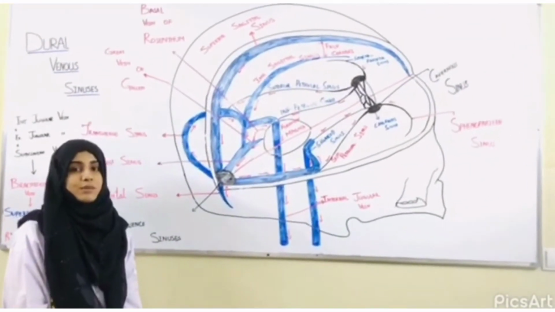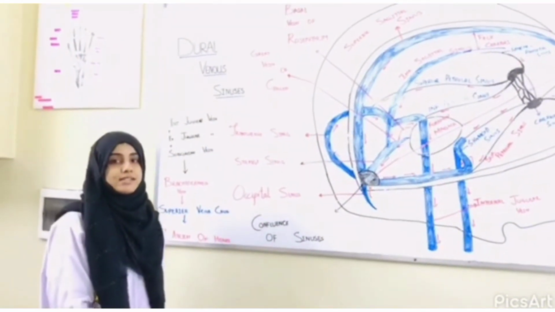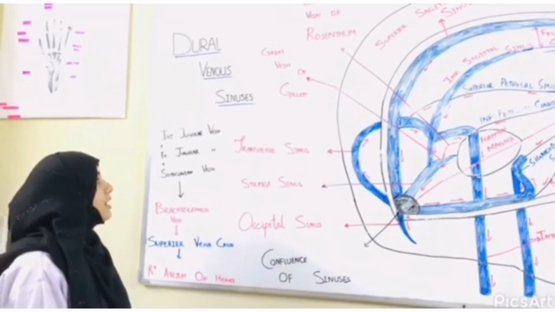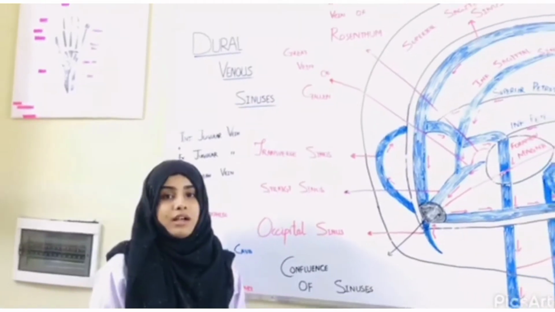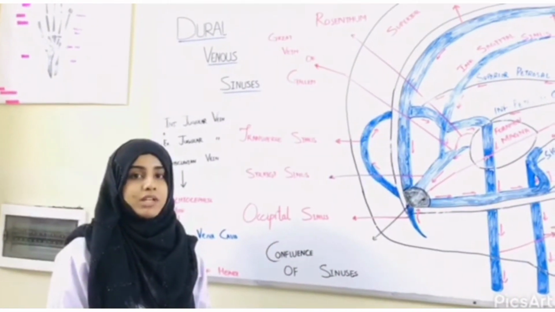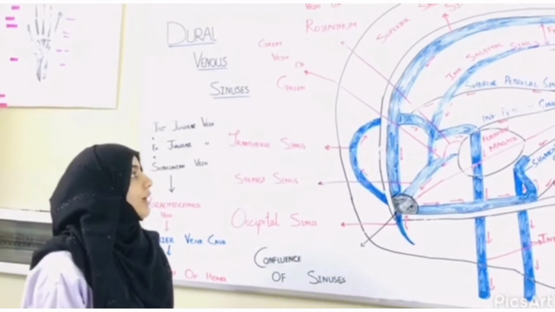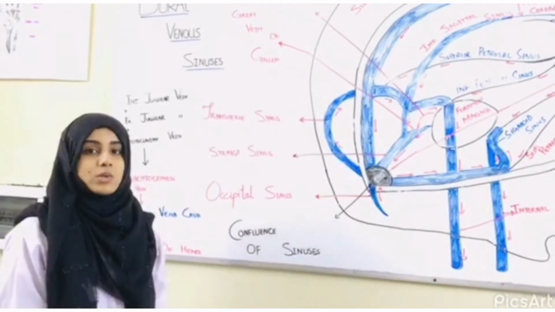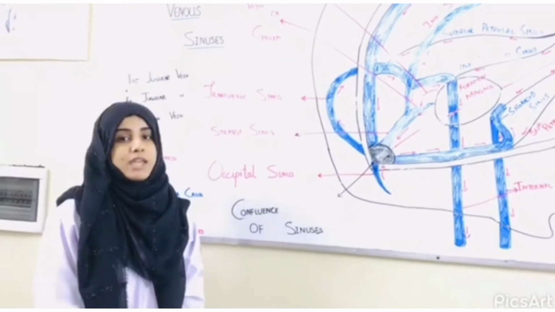Today I am going to explain the dural venous sinuses, which are also known as cranial sinuses, dural sinuses, or cerebral sinuses, and their drainage. The dural venous sinuses are the venous channels present between the endosteal and meningeal layers of the dura mater in the brain, and these get drainage from the cerebral veins and also CSF drainage from the subarachnoid space via